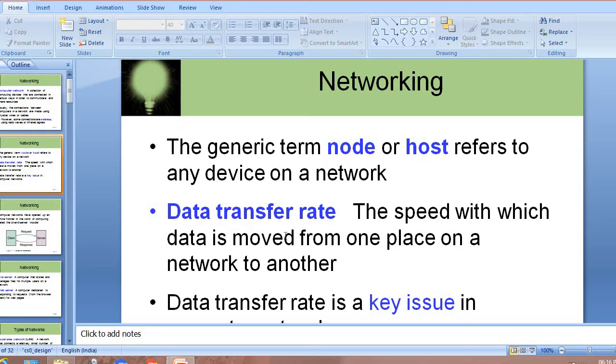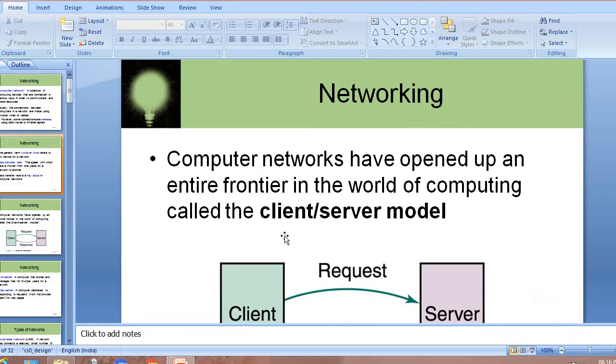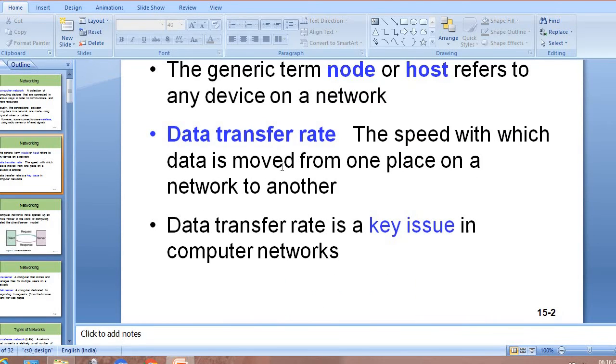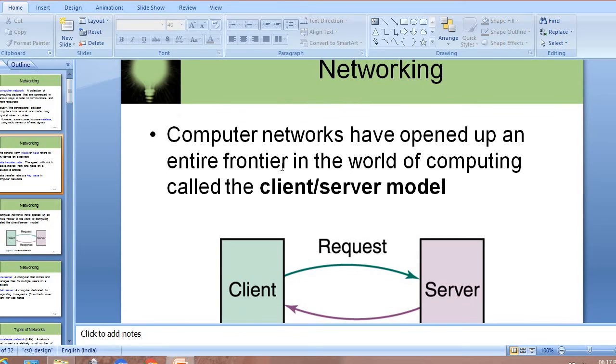That is called the data transfer rate. It is a key issue in a computer network: the network should be designed in such a way that data is transferred with a particular kind of speed.